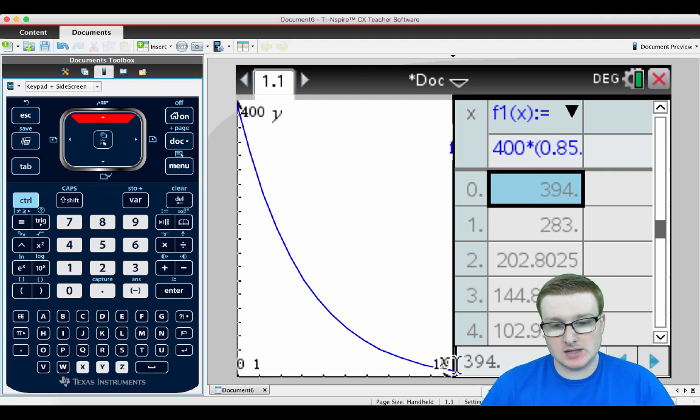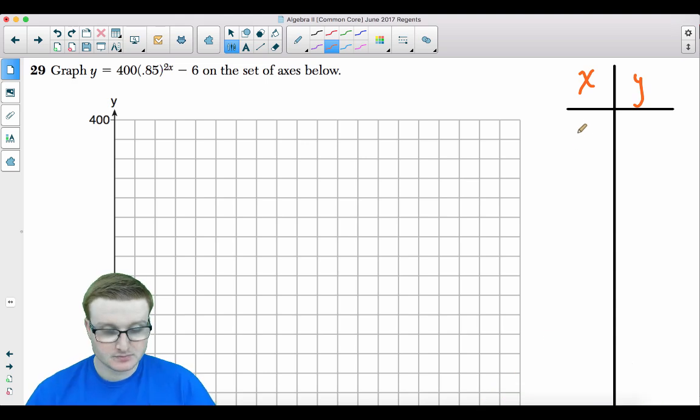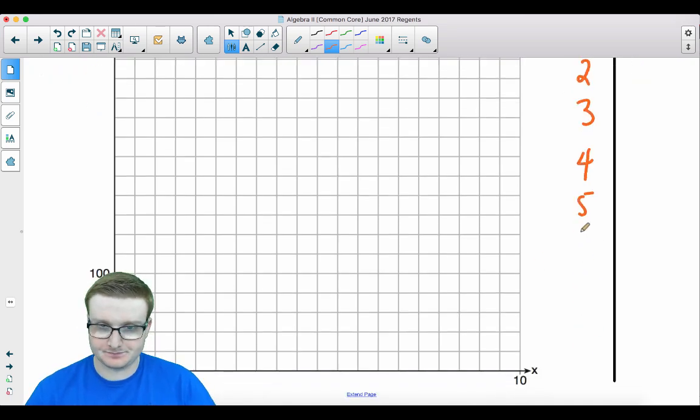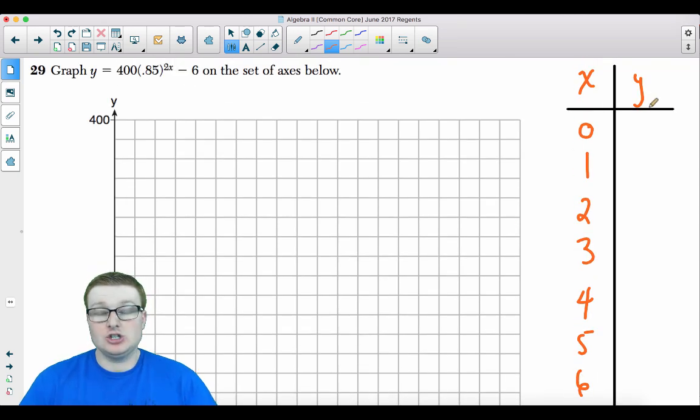And just to save some time, I'm not even going to flip back and forth. I'm just going to tell you what the values are. Now, it's okay if you use approximations, folks. So 1, 2, 3, 4, 5, 6, 7, 8, 9, 10. So at 0,